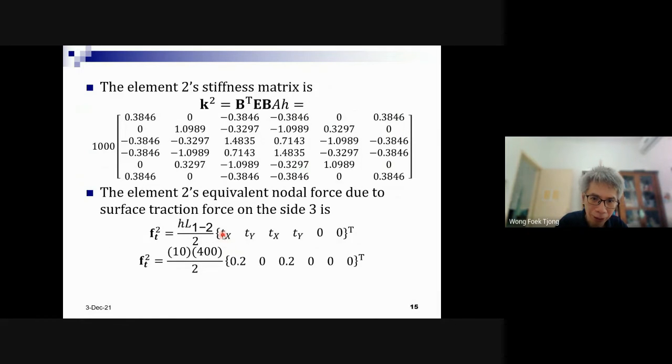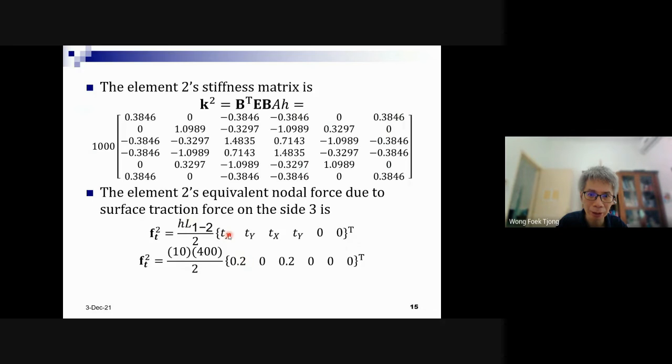If you already multiplied the x with h, you don't have to write h here. It means that this 2 you can use directly but without h. But here I use the original formula. The original formula is in the unit of force per unit length. So this is not length, it is area.